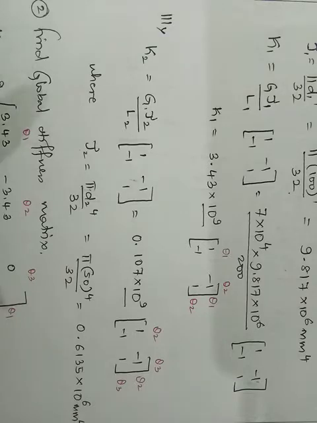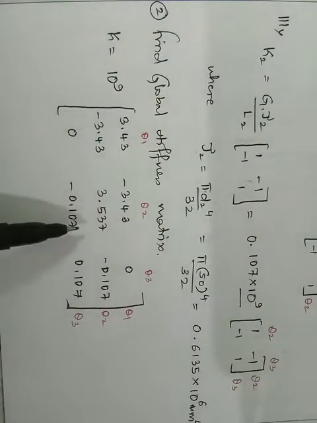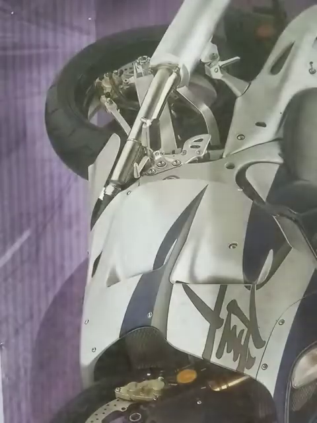Now you know how to find the global stiffness matrix because we have been doing it for a while. You have done it for bars, you have done it for trusses, so we are acquainted with this. The same procedure you need to follow. After doing the global stiffness matrix, I'll be getting these values. So you just note down the values. I also request you to perform this calculation personally, that is, merging these two stiffness matrices to find this global matrix. If you have any doubt, please let me know. If you have noted this, I will go for the next step.